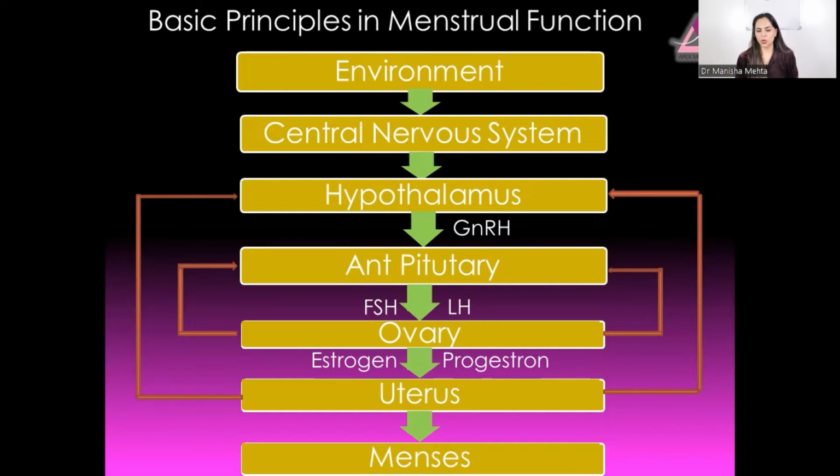So we've already talked that from the hypothalamus, the gonadotrophin releasing hormone is released. Naturally, they are released in pulses, and this will act on the anterior pituitary to release FSH and LH. We've already talked about how they are going to be released. From the ovary, we get estrogen and progesterone, and the uterus, if it is going well and no pregnancy, will lead to menses. Now, suppose somebody who's got amenorrhea,